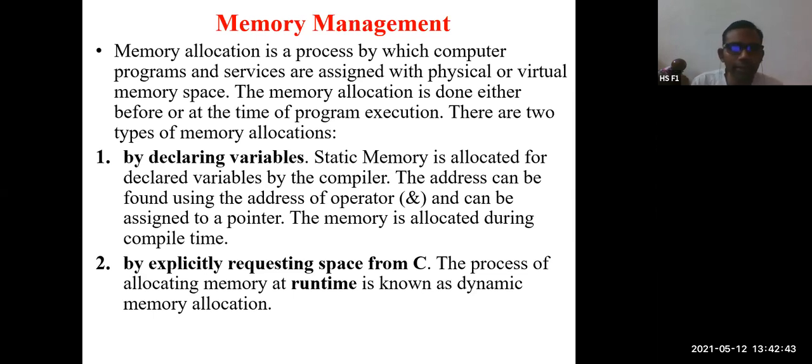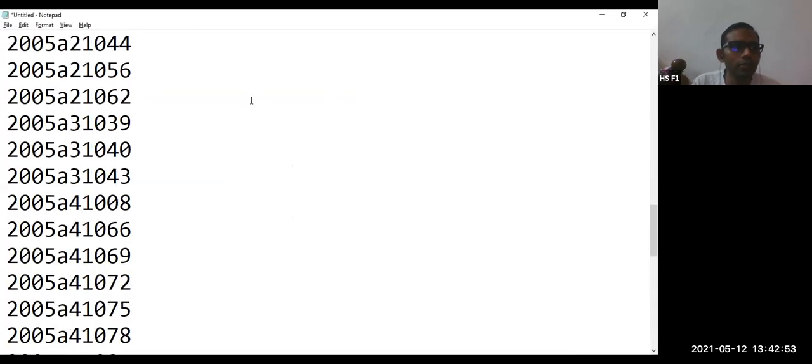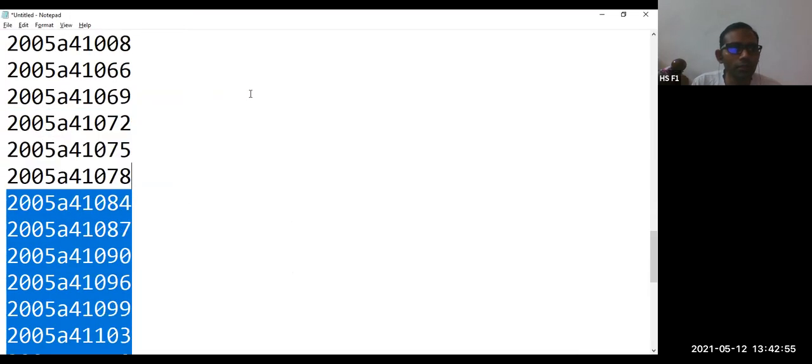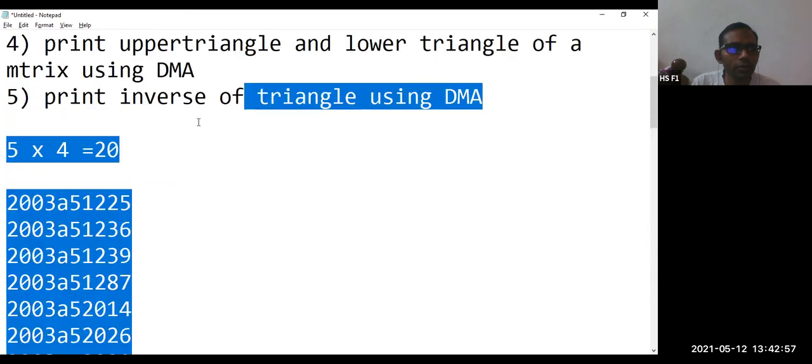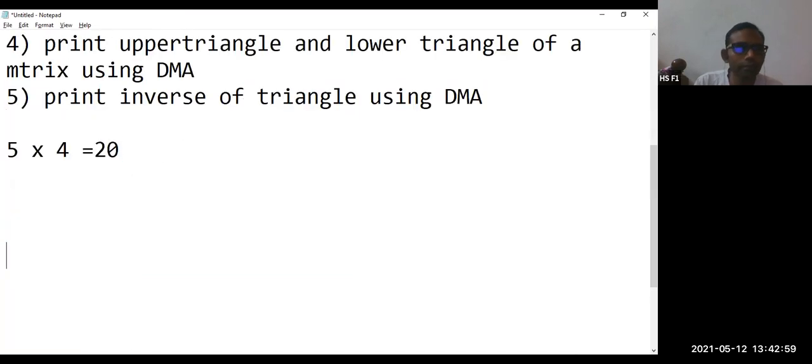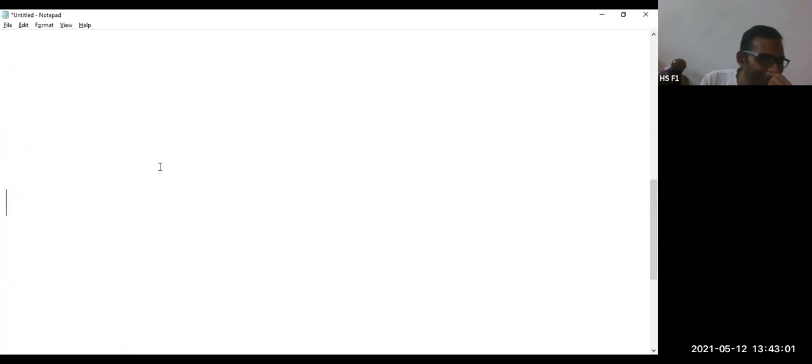Now, generally, let me share the notepad with you. Generally, we are going to compile a program.